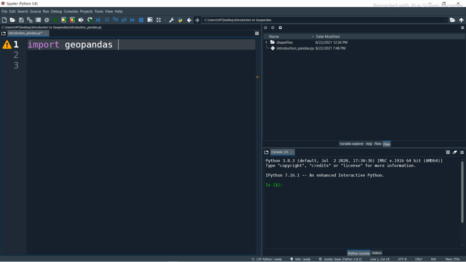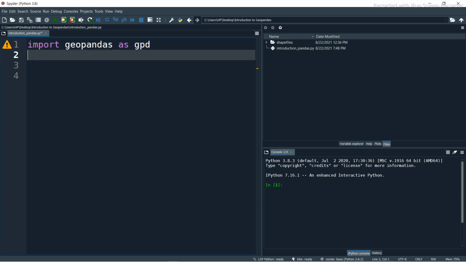Okay, I call this library and I gave this rename as GPD. Mainly in this case this is our library GeoPandas, and this is the short name of GeoPandas. Next time when I call this library, I simply use this small name GPD. Okay, so now you can see here, and when I click to run, you can see this is the run